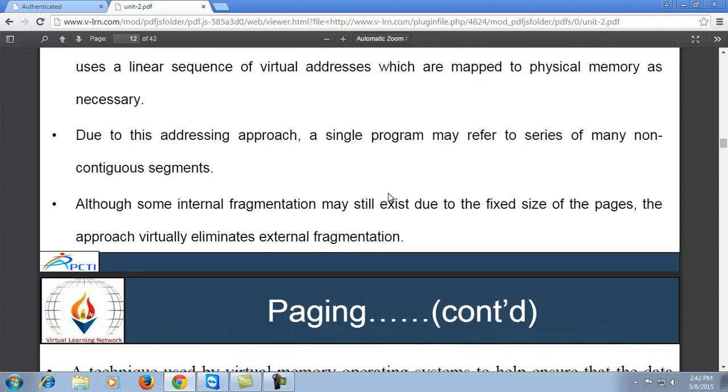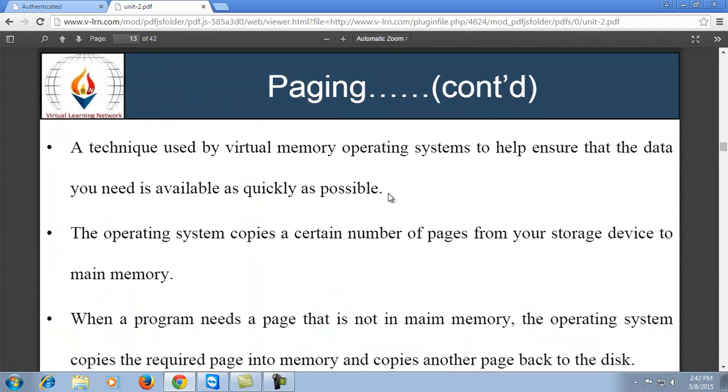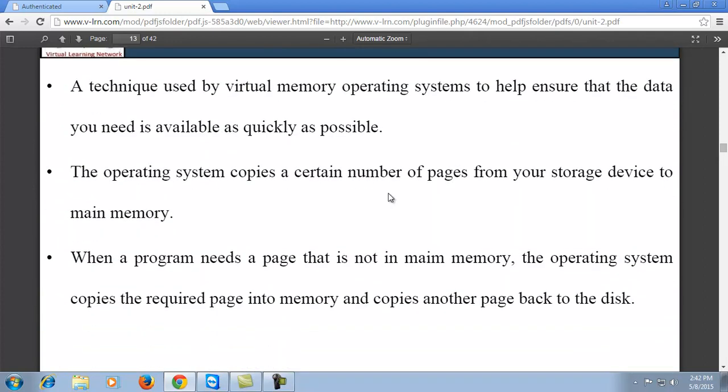Next, paging is a technique used by virtual memory operating systems to help ensure that the data you need is available as quickly as possible. By using an offset, or index, we can access our required data as quickly as possible. The operating system copies a certain number of pages from your storage device to main memory to support direct access.